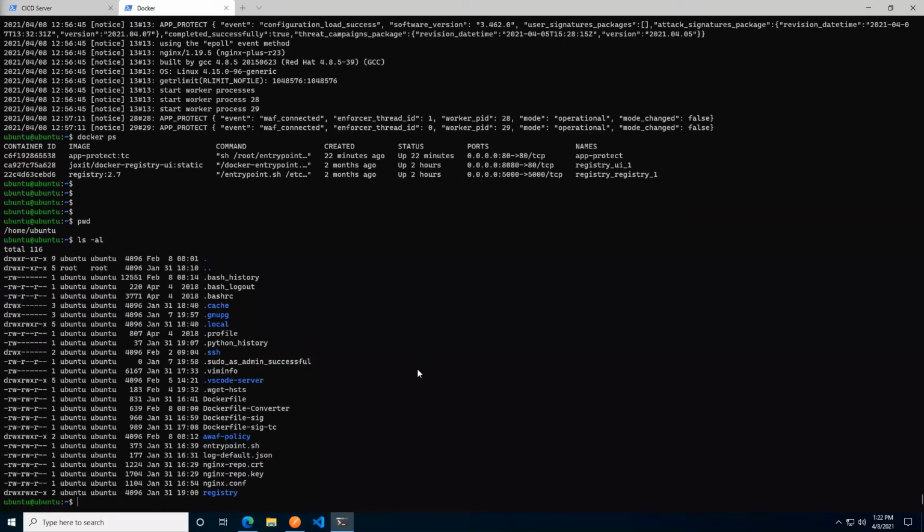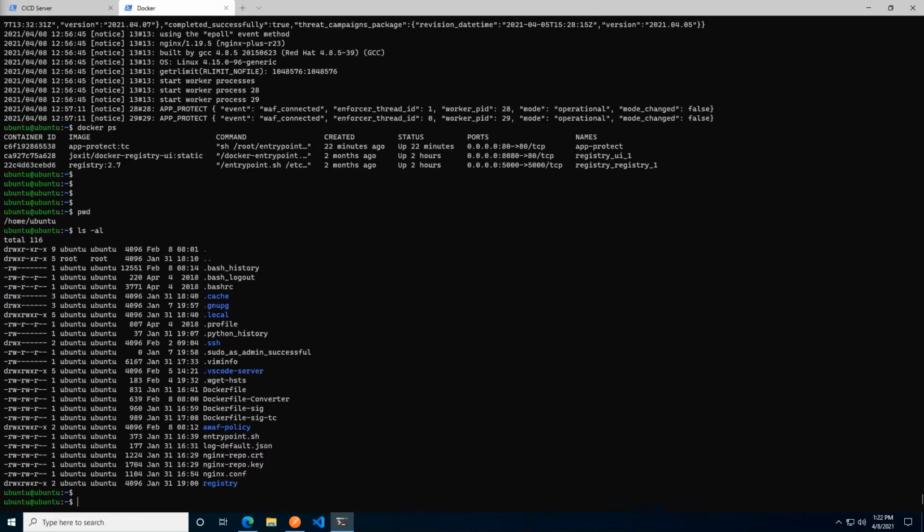There's two in specific that we want to pay attention to. It's the log default.json here, as well as the nginx.conf here. If you remember, when we started the container, we were pulling them in. When we were building the image, we were copying in files as well. So let's have a look at what they actually are.